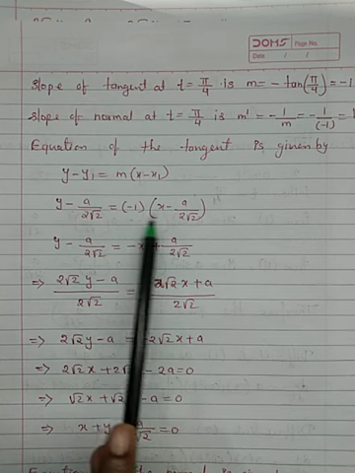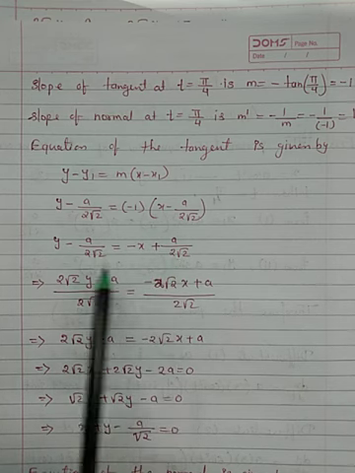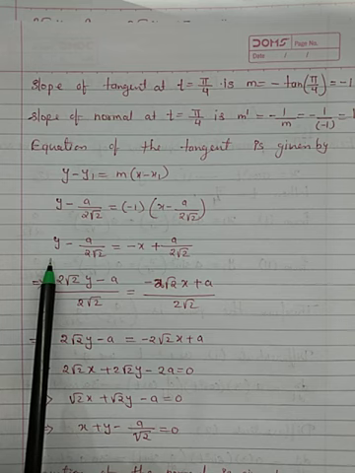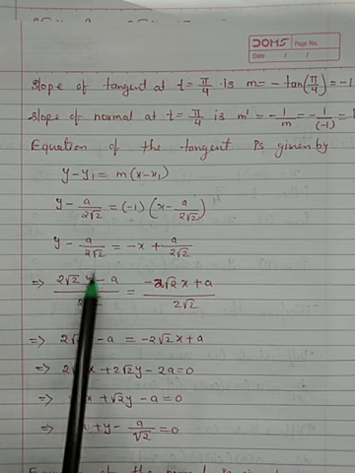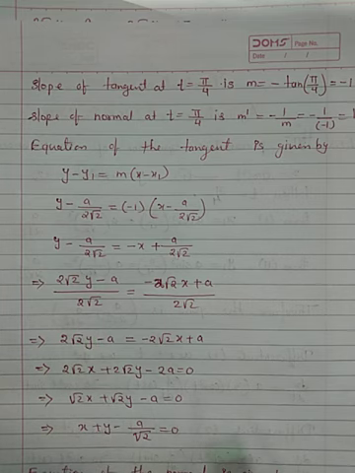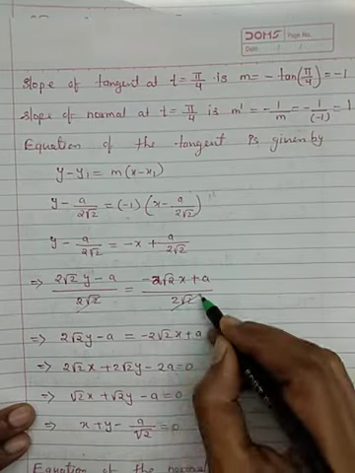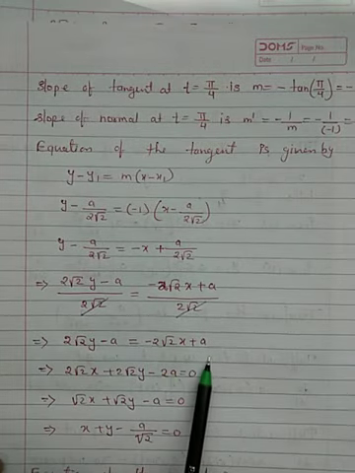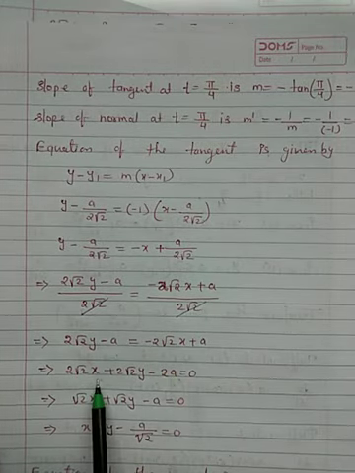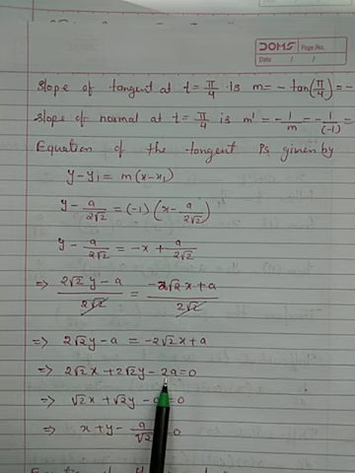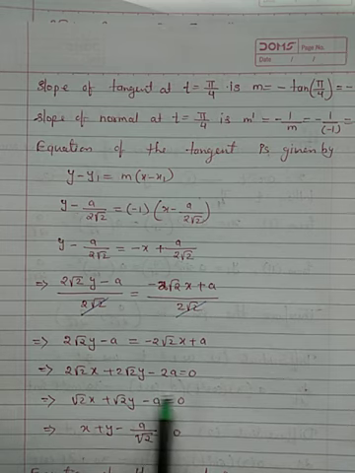Minus into x, minus into minus plus this one, y into 2 root 2 minus, if nothing is there in the denominator, that means it is 1 into a upon 2 root 2. Same on the right hand side, in a similar manner, this 2 root 2 and 2 root 2 will get cancelled over here, only the numerator remains. Write down every term on the left hand side, take out 2 common from the equation and divide throughout by 2.